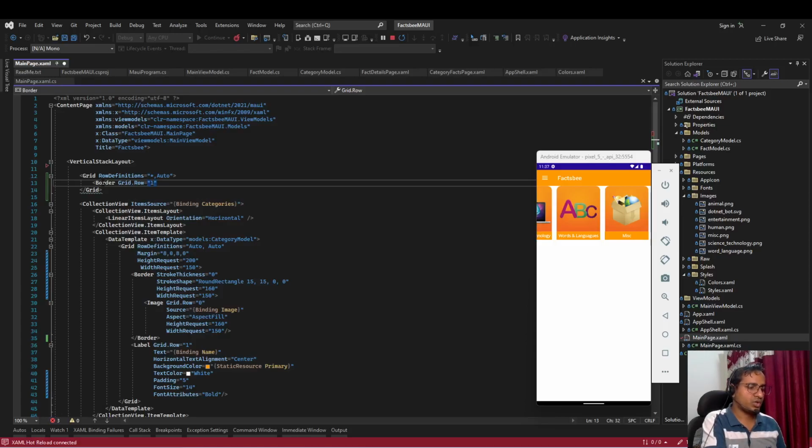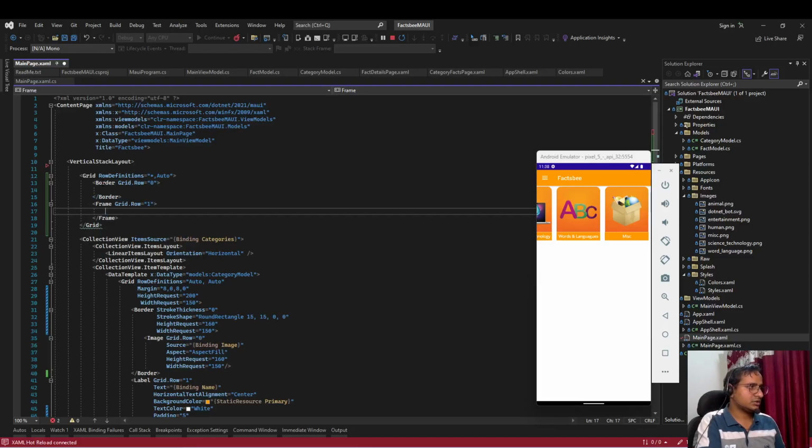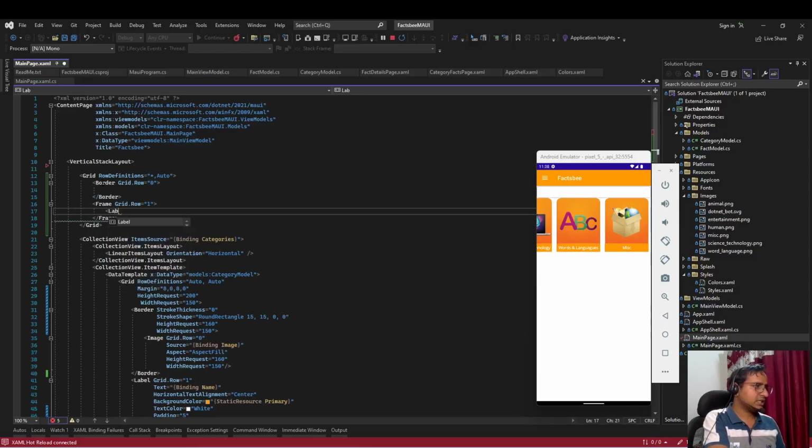This is going to be first row, and then the second row, I'm going to have a frame for that. Grid dot row, sorry, the first one would be grid 0 and the second one would be grid 1. In this I'm going to have that label which says fact of the day,